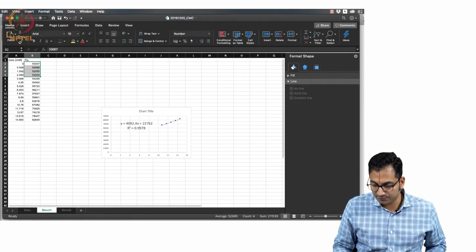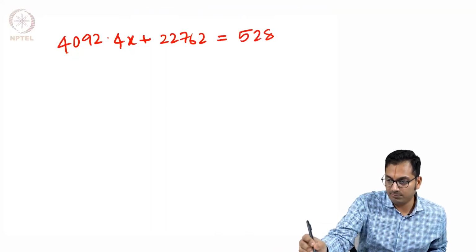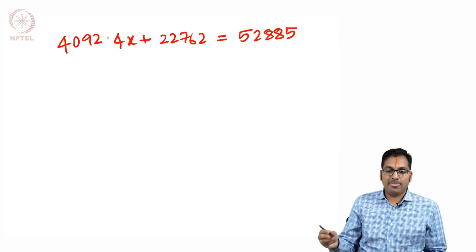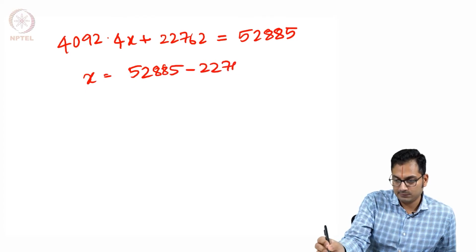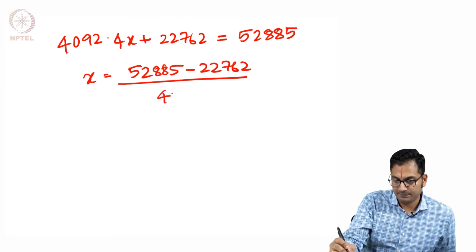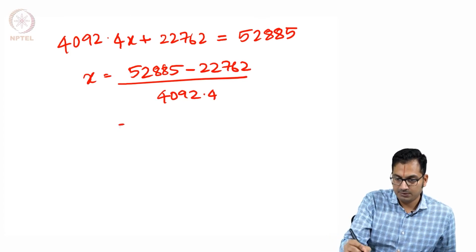The average of the first few points works out to be 52885, and therefore your x is going to be